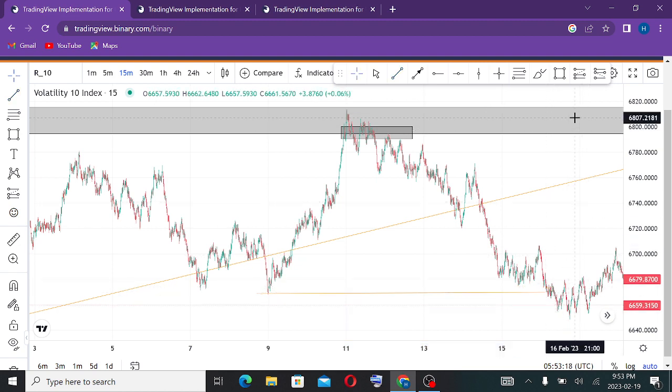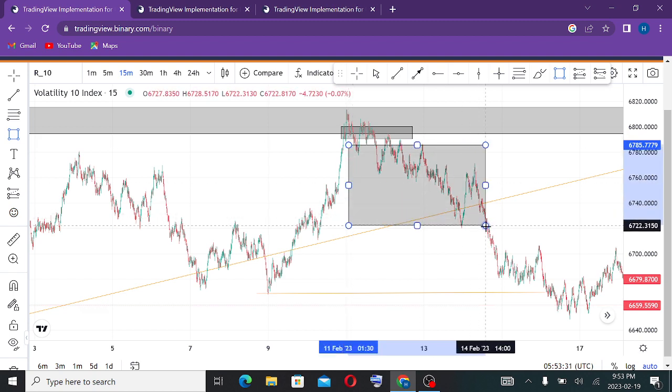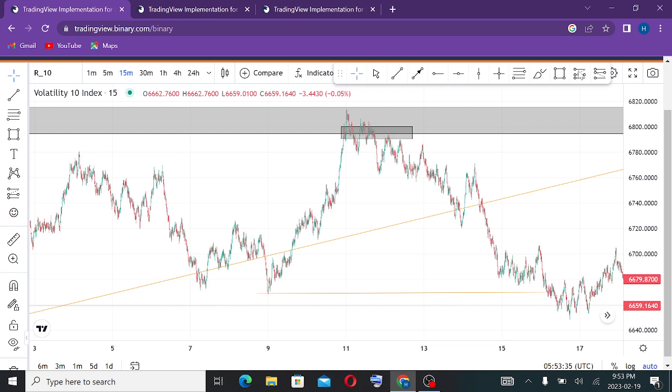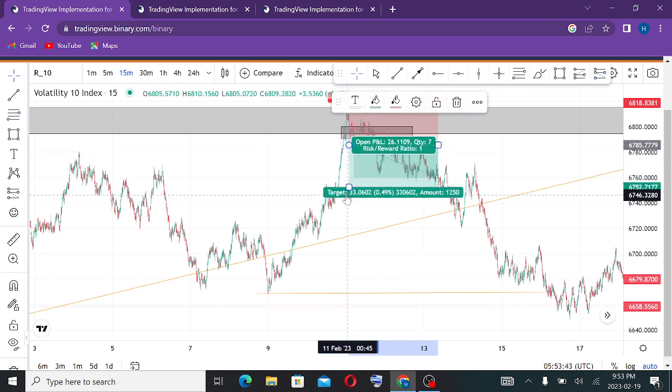Enough pips. Okay, now let's check. So if we had entered around here or around here, so if we had entered around the close of this candlestick on the 15 minutes time frame,